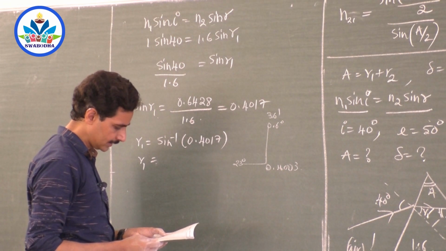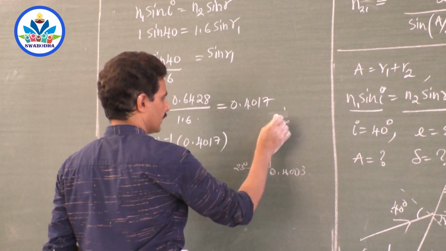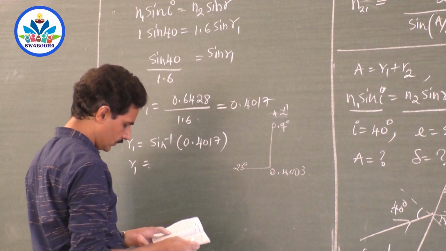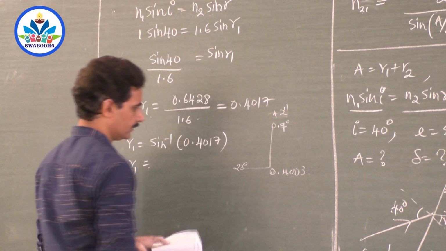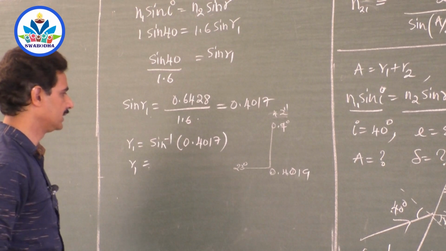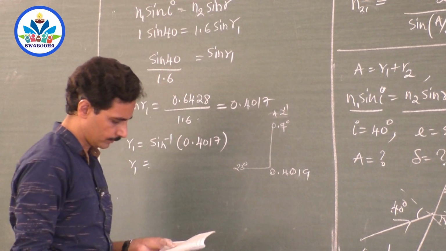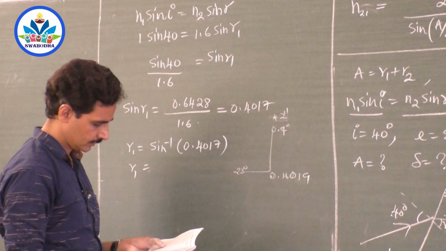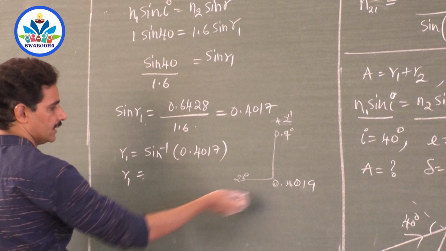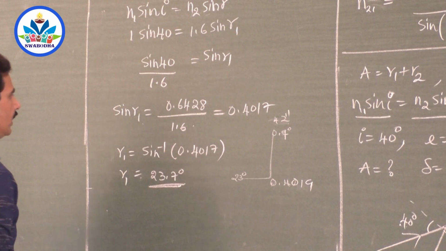Next, in the next column, that is 0.7 degrees, which is 42 minutes, correct? In the 42 minutes column you have 0.4019. Am I right? 0.4019 is found in the 23 degree row and 0.7 degree column. So what is R1? Sine inverse of this. So you have to write these values: 23.7 degrees. R1. So we have got R1.